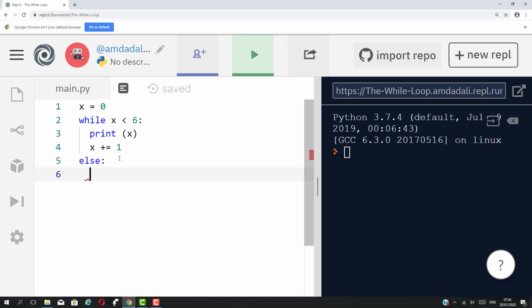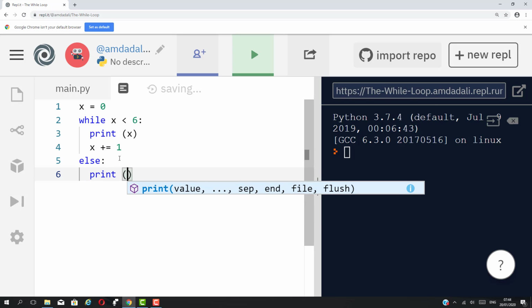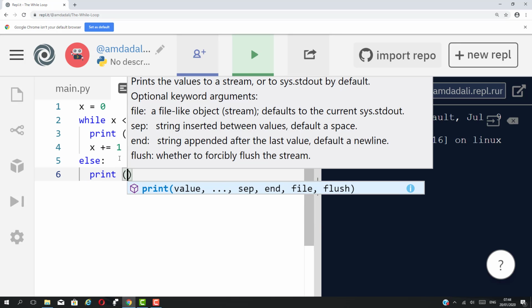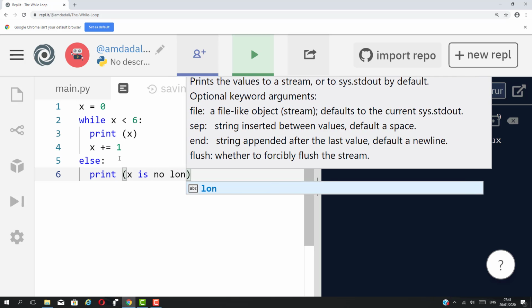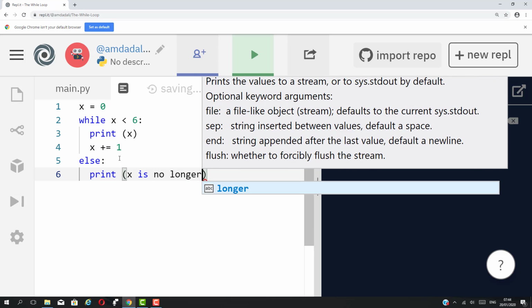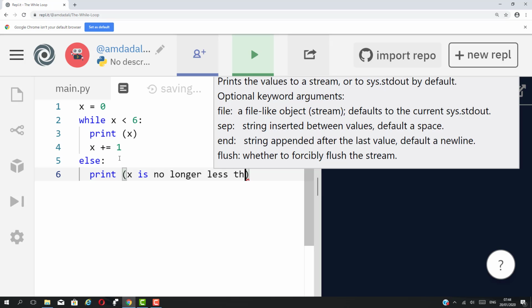Okay, the colon does automatically indent the text in the next line. So I want to let the user know that the number is no longer less than 6. So I'm just going to simply print on the screen. Now, on purpose, I am not using quotation marks, just to show you what happens. So x is no longer less than